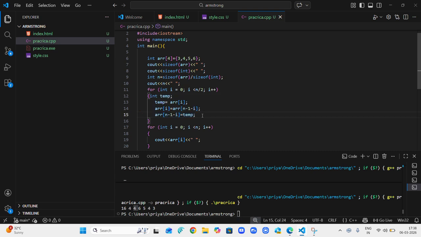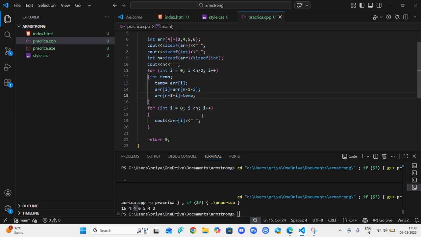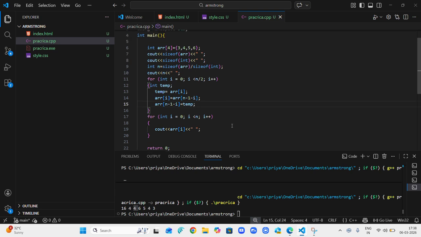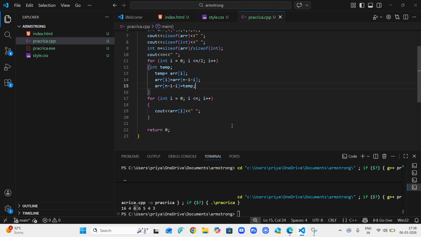You just dry run the thing once, okay? And you will realize how this logic has been applied over here. This is all I can help you out with, okay? Because if you are not going to dry run the things, it would be like rote learning. You would just learn the code, and trust me, in today's scenario, if you are not applying the logic and you're just learning the code, the job market is going to crash for you.